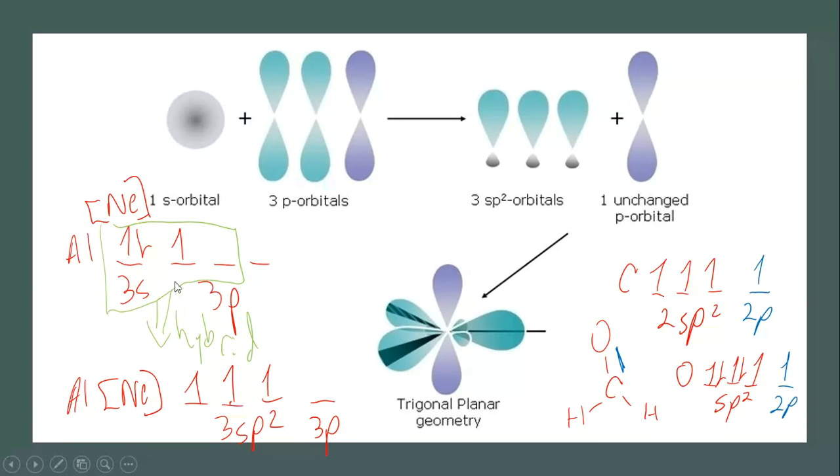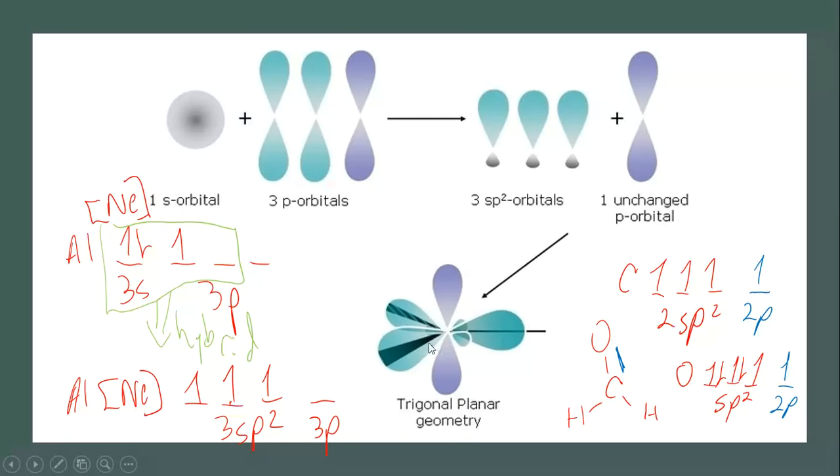So what it does instead is it takes the s and two of the p's, hybridizes them, mixes those up. So the two green here with the gray, mixes those up into three equal energy orbitals. And then it can put one electron in each of those. We call that sp2 because it took two p's and one s to make them. And since they're equal energy, they can now situate themselves in that trigonal planar shape that is more favorable so